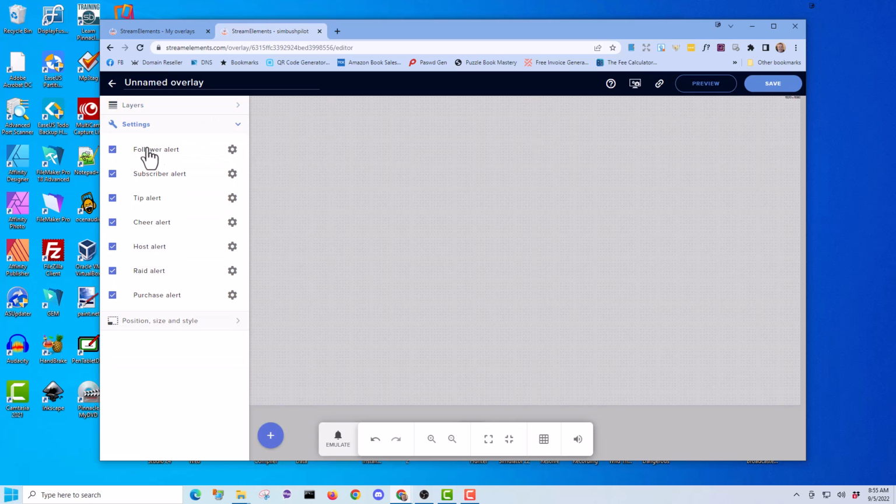different alerts. We have a follower alert, a subscriber alert, tip alert, cheer alert, host alert, raid alert, and purchase alert. Some of these, if you're not an affiliate or a partner, they're not going to matter because you can't get a subscriber alert if you're not an affiliate or a partner. You can get a tip. If you're not an affiliate or a partner, you won't get cheers. Hosts you will get, raids you will get, and if you don't have a merchandise store, you're not going to